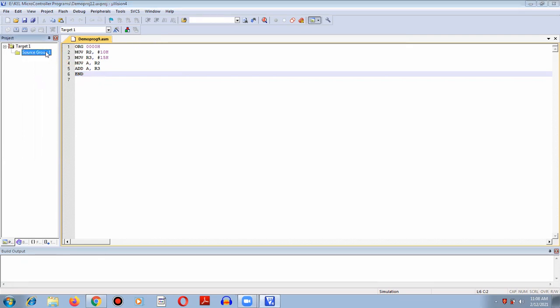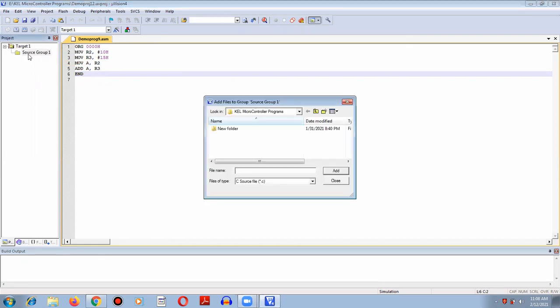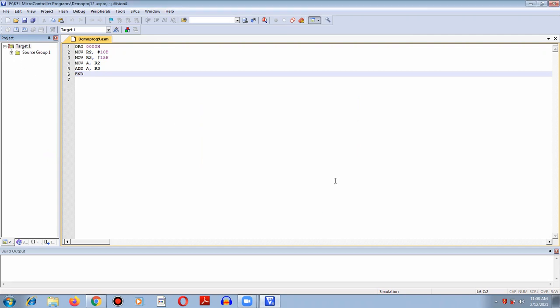For that I have to click on this, and it will ask which file you want to add. In that I have to give the extension ASM over here, and then it will ask which file I would like to add. So I'll just select the demo program 9, and I will click here as add. You can see here a plus sign has appeared. This is not auto close, so we have to close it. So here a source group is created with the demo proj 9.asm.